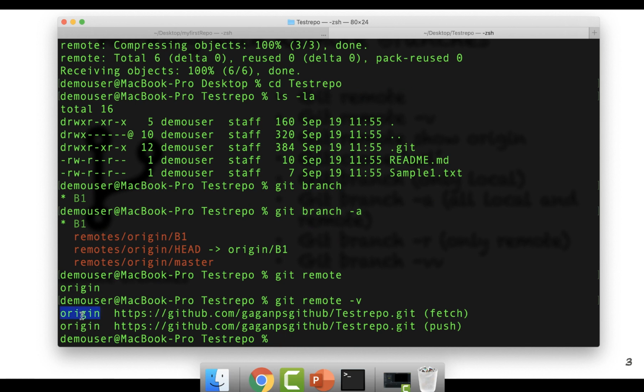So you can see it shows a few details over here: the name of the remote repository, that is origin, and the URL over here. Then it will say fetch or push, which means for any push or fetch operation, the details will be for pushing or fetching from a repository with the server name origin, and this is the URL for the test repo. So that's all about this particular repository.